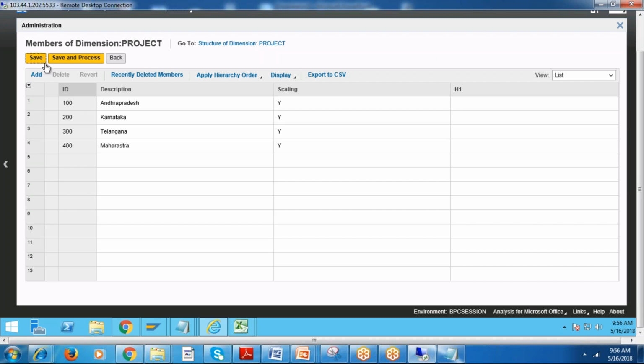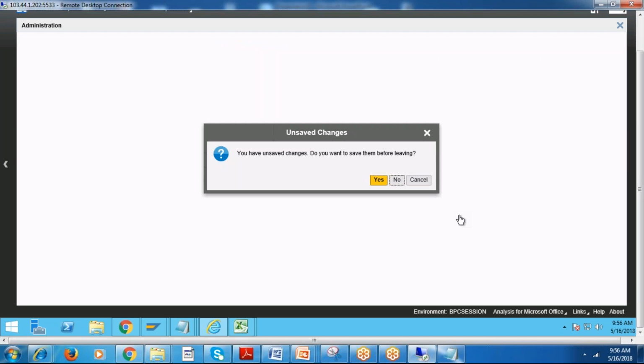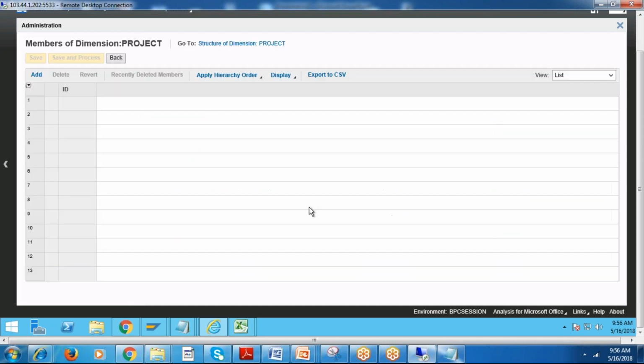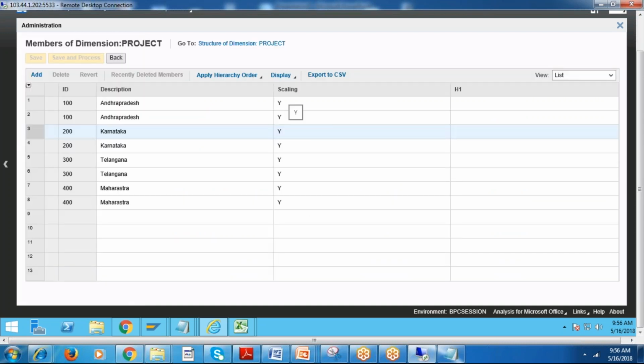Save data. Let me go back. Project. Why is it giving double time? It should not get like this.